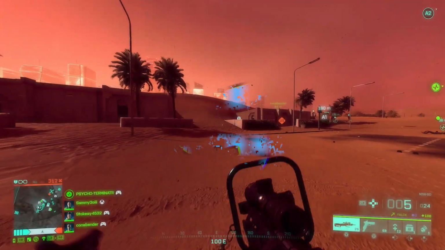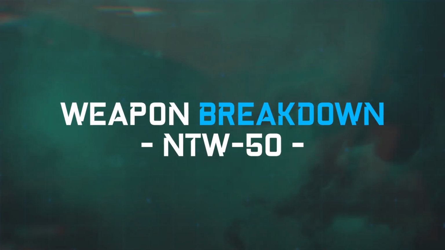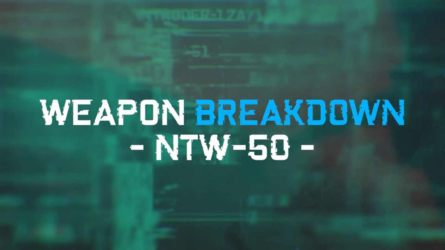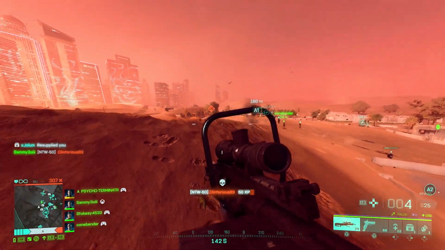Welcome back to the channel, and today we're going to be doing another weapon breakdown for Battlefield 2042, this time covering the NTW-50. In these weapon breakdowns, we're going to be going through a bunch of stats that you guys need to know, such as rounds per minute, reload times, bullet velocity, damage over distance, and bullets to kill over